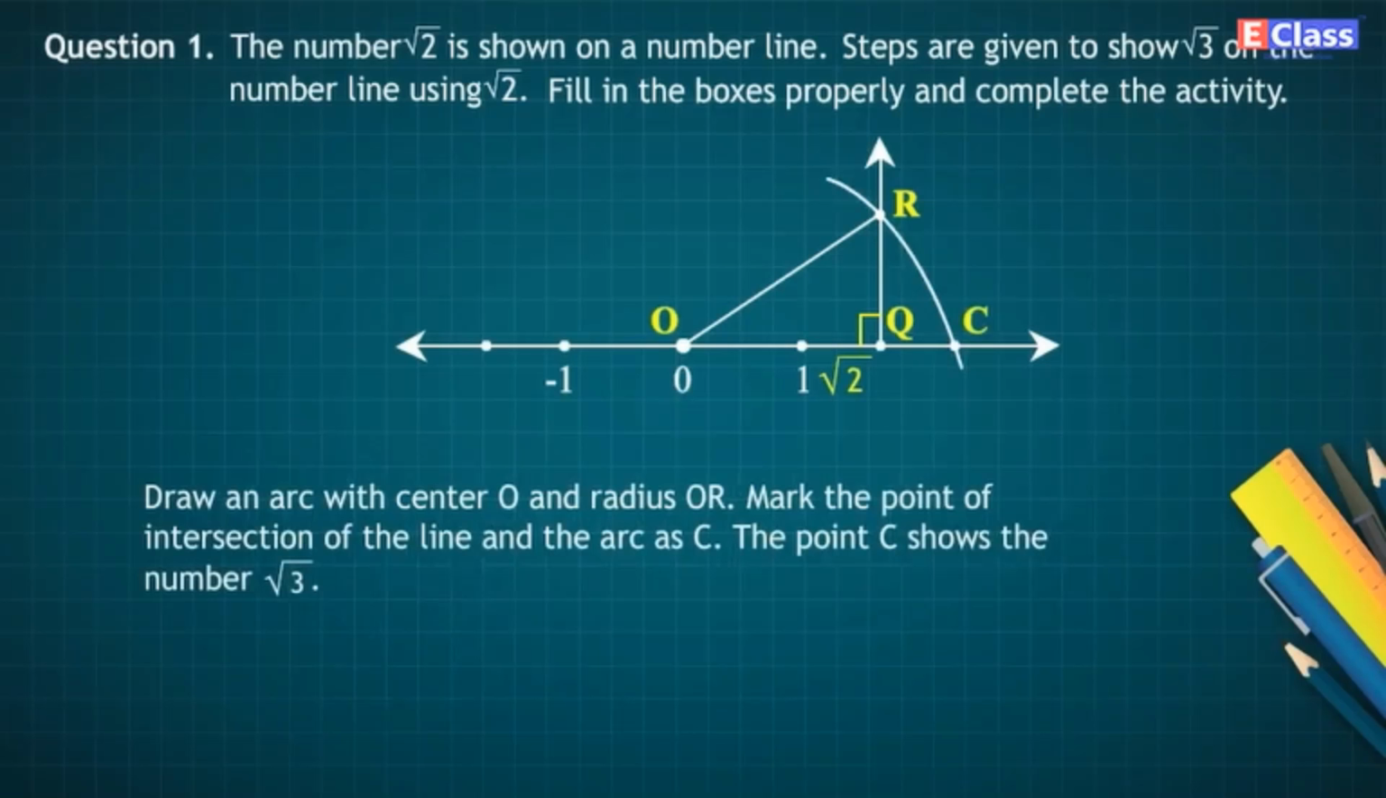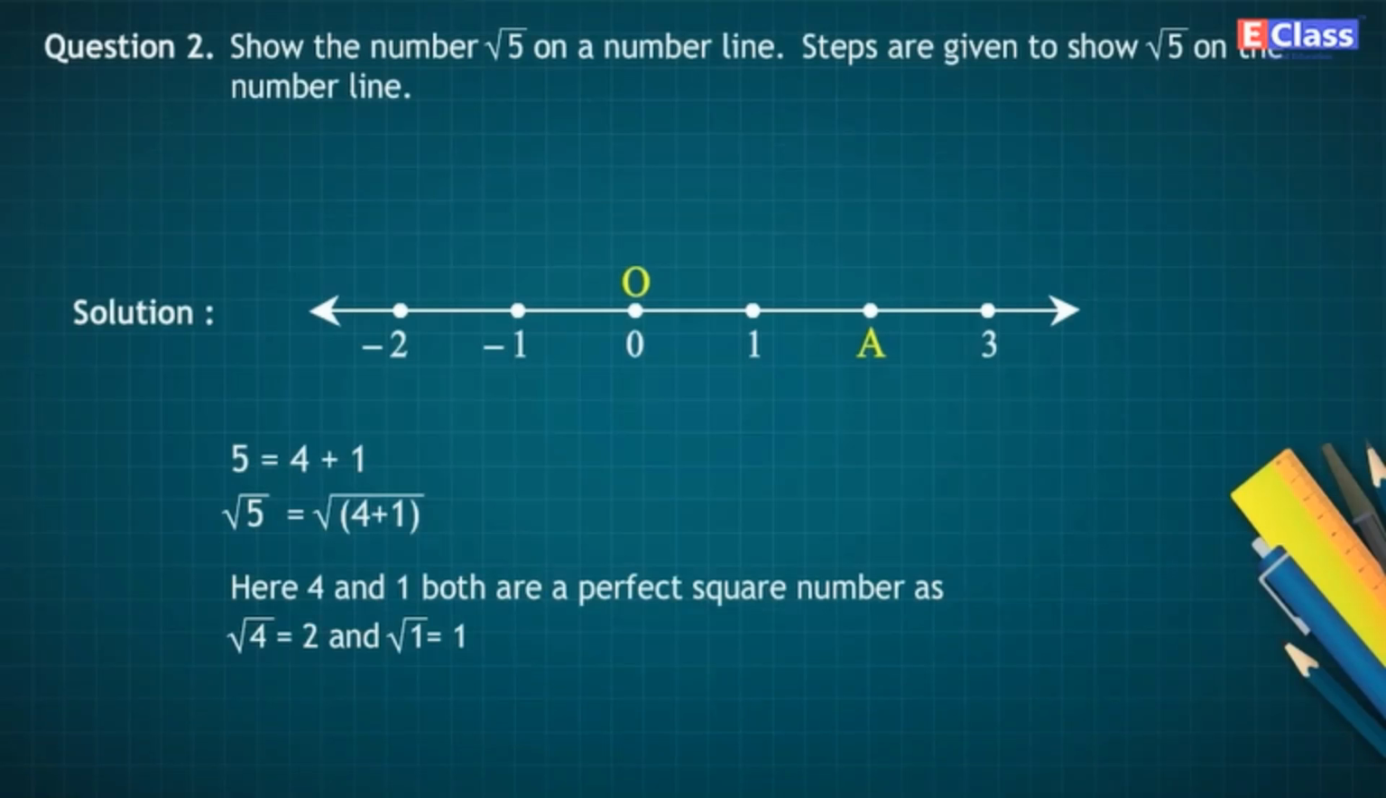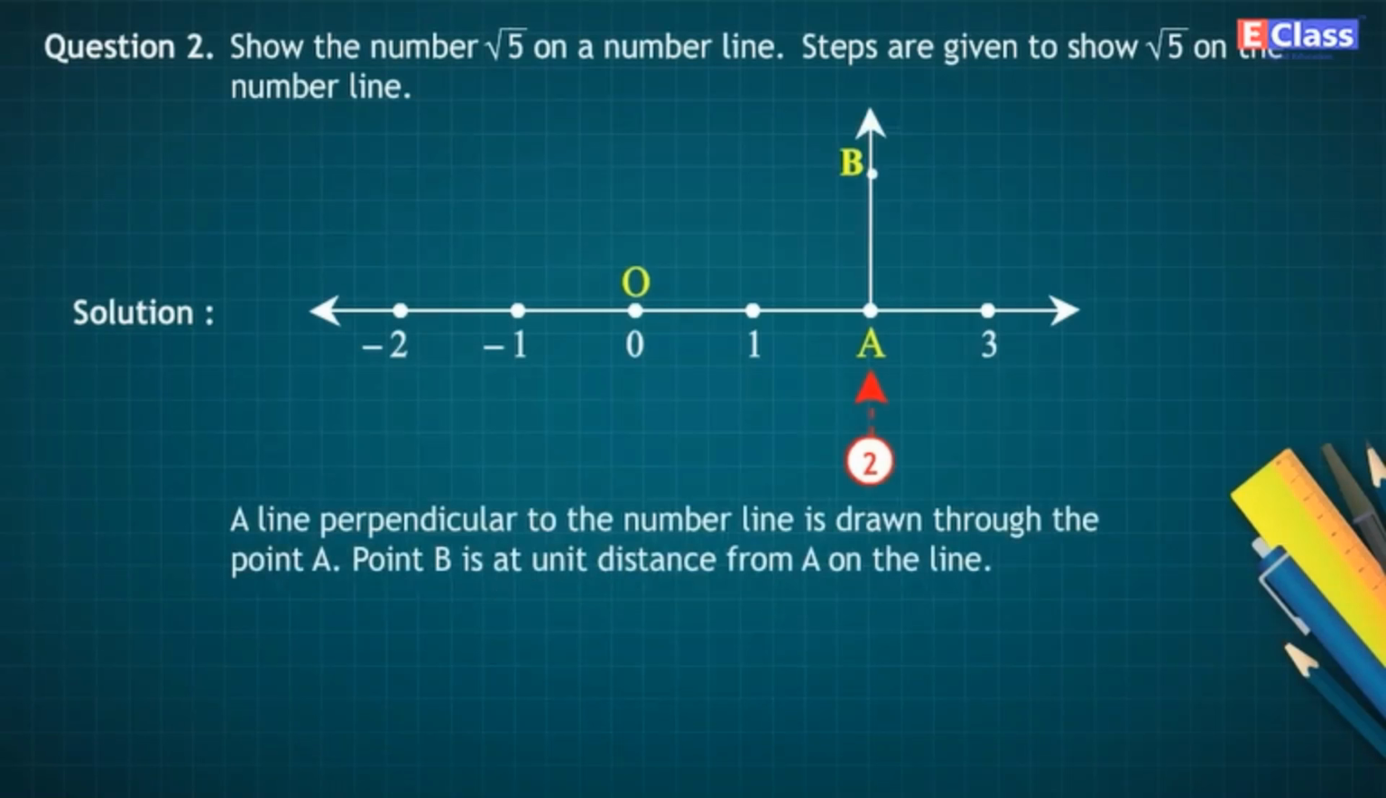Question 2. Show the number square root of 5 on a number line. Steps are given to show square root of 5 on the number line. Solution. 5 is equal to 4 plus 1. Therefore, the square root of 5 is equal to square root of 4 plus 1. Here, 4 plus 1 both are perfect square numbers as the square root of 4 is equal to 2 and the square root of 1 is equal to 1. The point A on the number line shows the number 2. A line perpendicular to the number line is drawn through the point A, point B,